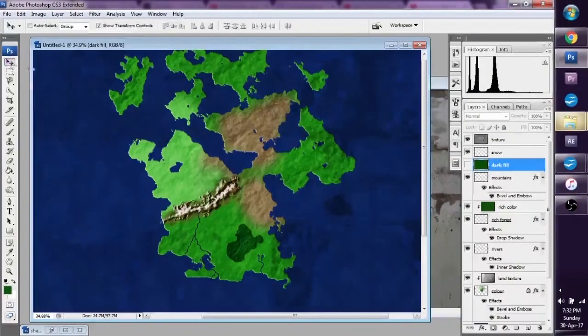Well, that is my tutorial on how to make a fantasy map. I decided to make one in response to Shadiversity's fantasy map tutorial. I thought it was a little bit too complicated for people who are new to Photoshop. These are of course techniques that I came up with, modified from his. You are free to make your own techniques and come up with something that suits your needs for your role-playing